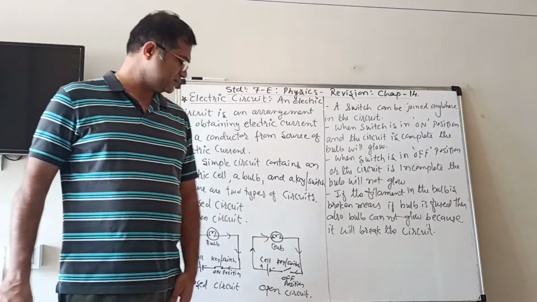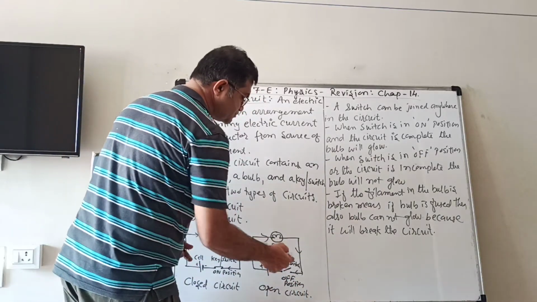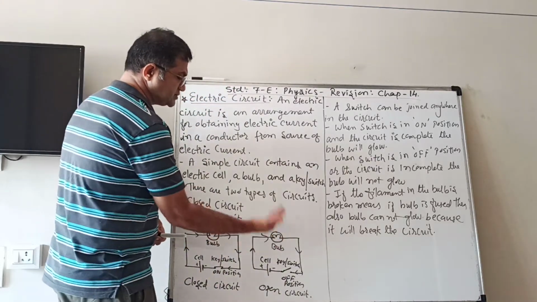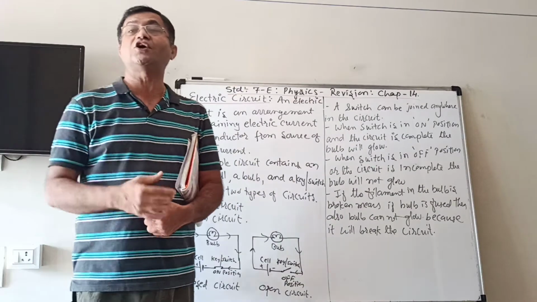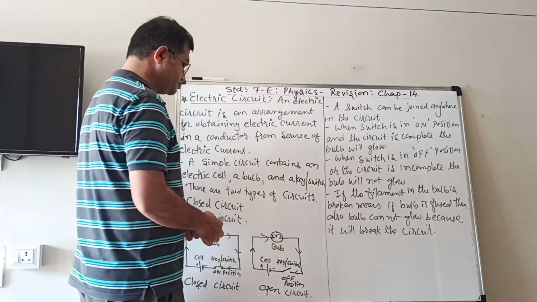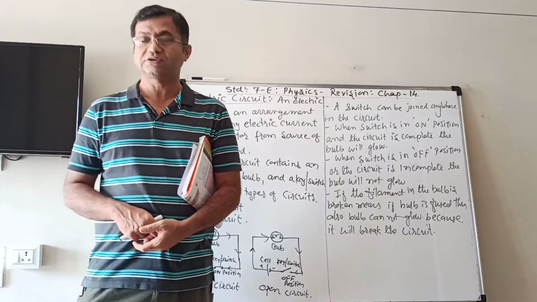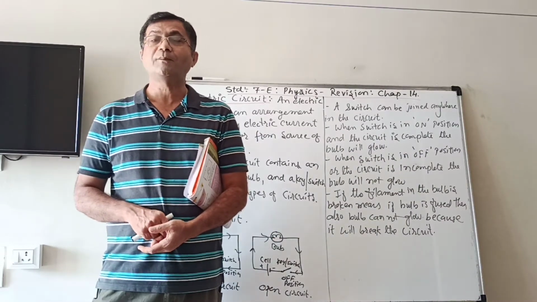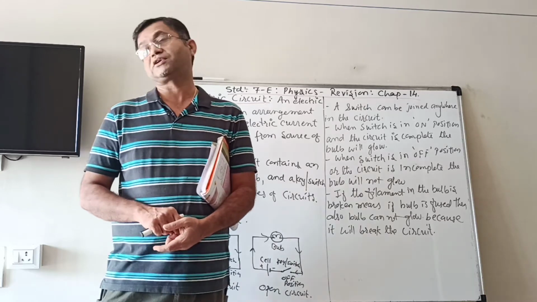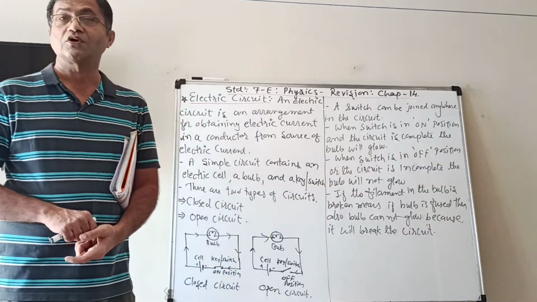While on the other side here, you can see that the switch is not on position. It is a little up, it means that the switch is in the off position. So now, what will happen? The current cannot pass through it because of the opening or a gap between those 2 points in the circuit. So this type of circuit is known as an open circuit.